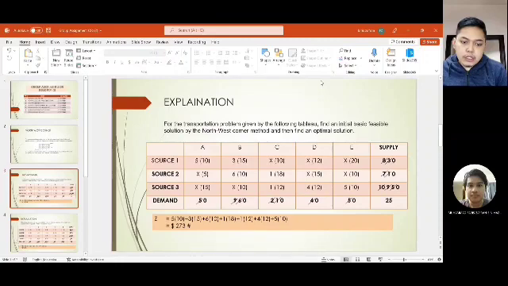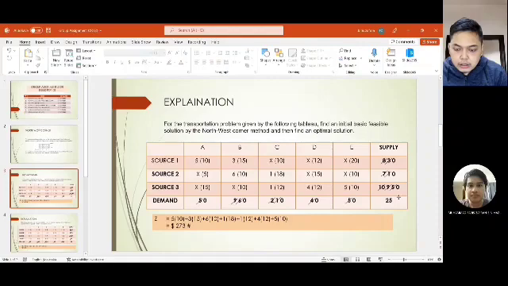So we see the supply and demand, whichever is the lowest, we put the unit. So the lowest is 5. So 8 minus 5 is 3. For source 1B, we see 3 and 9, the lowest is 3. So we put 3. And 9 minus 3 equals 6. So the lowest in source 2B is 6. So the demand in B is 0 and supply in source 2 is 7 minus 6 is 1. So in source 2C I put 1 because the lowest is 1, and in source 3C I put 1 because 2 minus 1 is 1. So in source 3D I put 4 because the value is 4, because